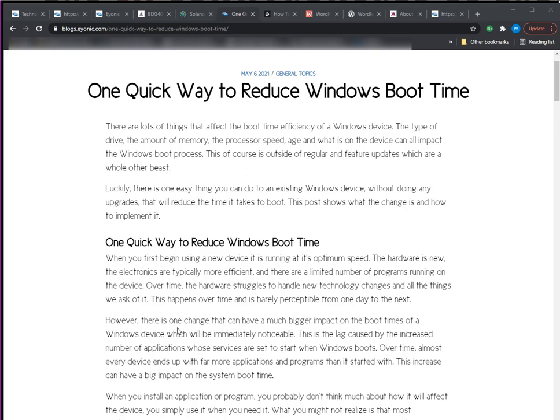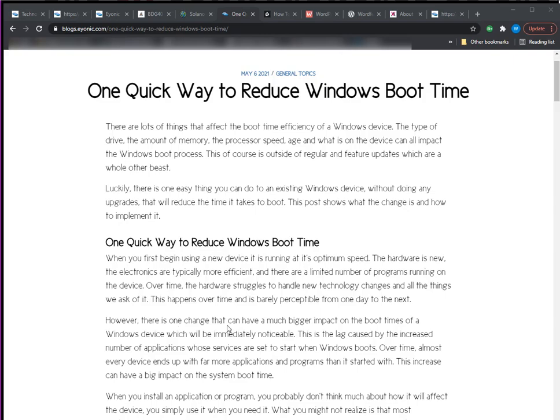Additionally, it has the least amount of programs it's probably ever going to have, because as we use something, we decide that there are other programs we want to have, there's other needs we have, we change jobs, whatever may happen. There's lots of different things that occur that cause you to use new software. So there's one thing you can do without having to replace or upgrade hardware that can help you reduce